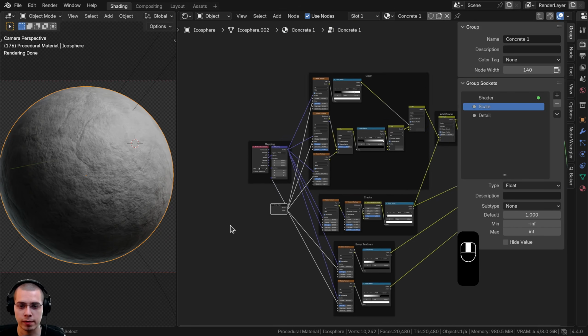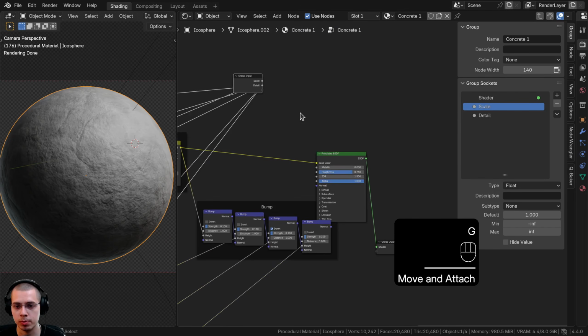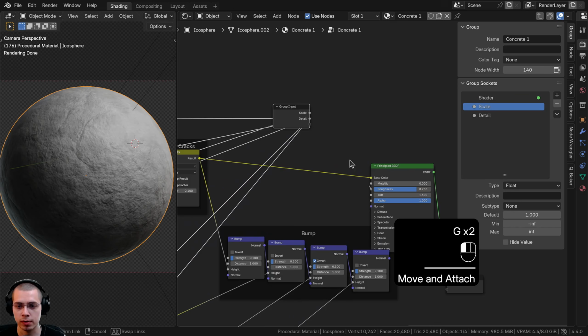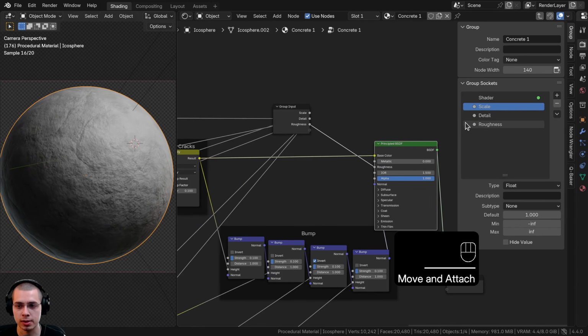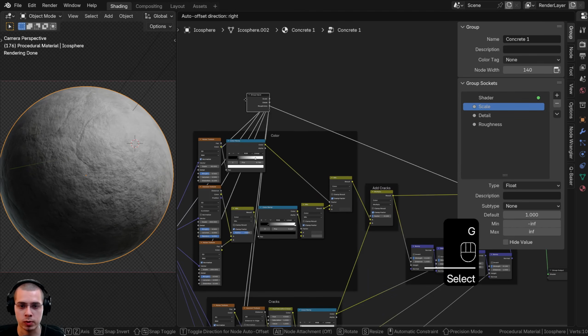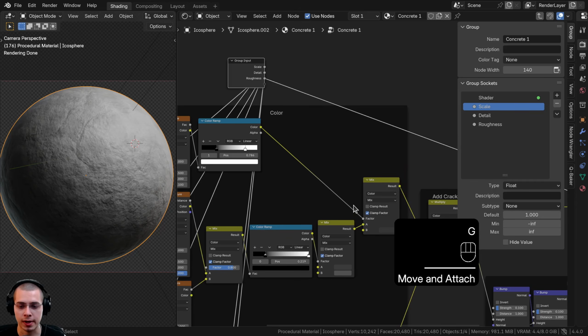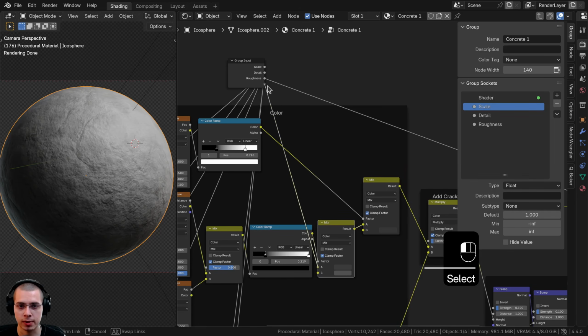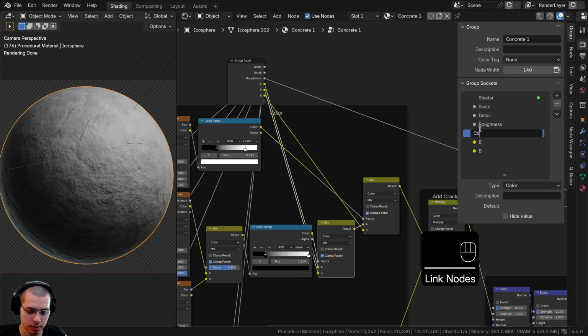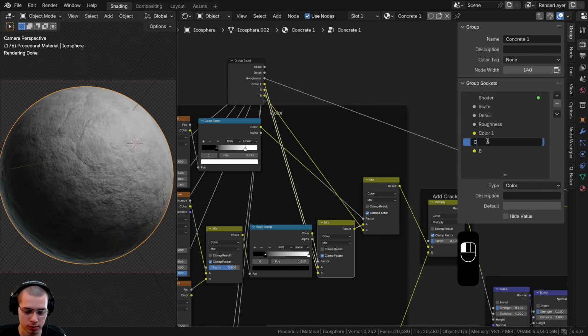Then I want to control the roughness of the material, so let's drag the group input way over here, and I'm going to put the roughness into the extra socket, and it's called roughness. Let's also drag the group input right back up here, and then I can add in all the colors. So I'll put color A into the extra socket, and color B, and then also color B right here. And then I can just rename these, so color 1, and then also color 2,